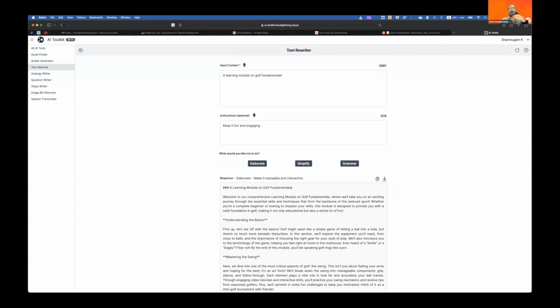So just to give you how these things work, I'm starting with the text rewriter. So text rewriter is nothing but you can give an input content and ask AI to write something for you. You can elaborate text, you can simplify it, or you can do grammar check. These are all operations you do typically with Chat GPT. But what we have done is we created some kind of specialized prompts which will work particularly well for instructional